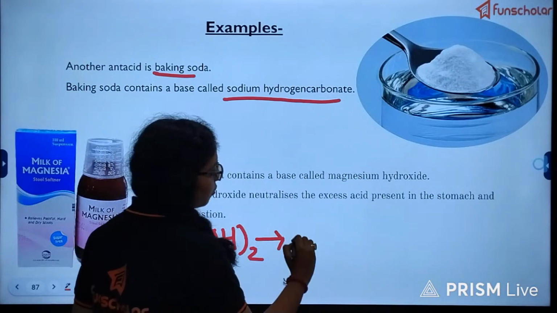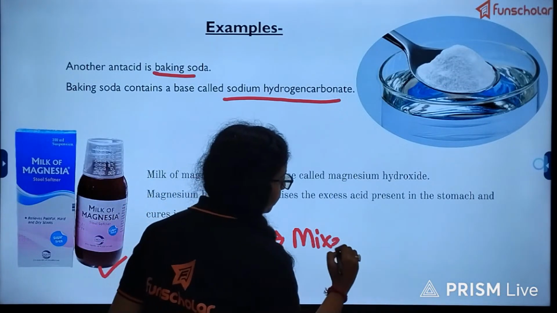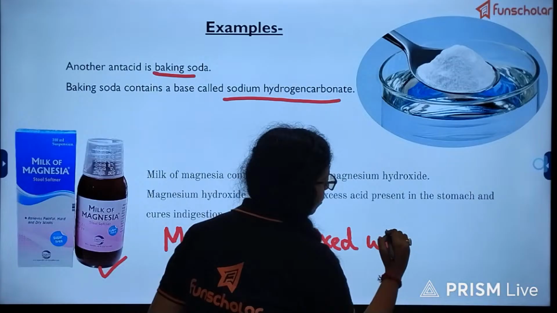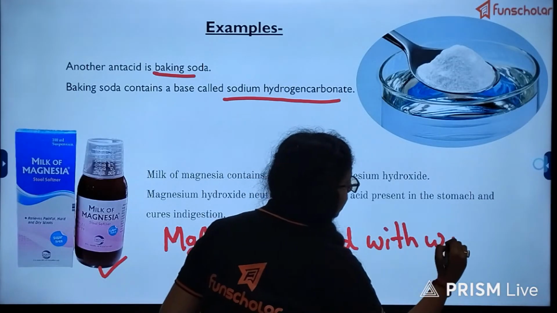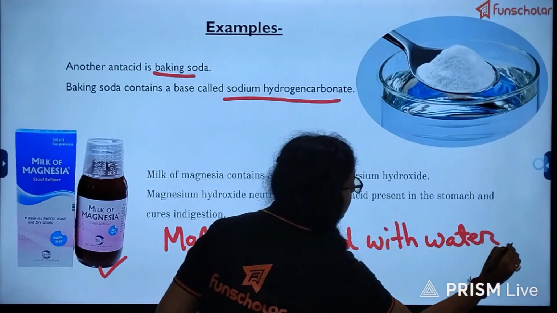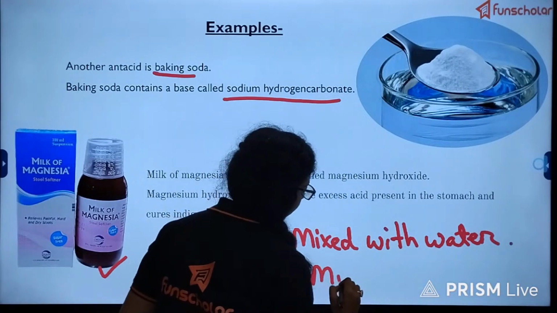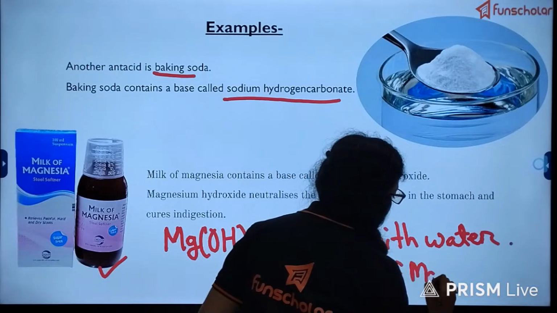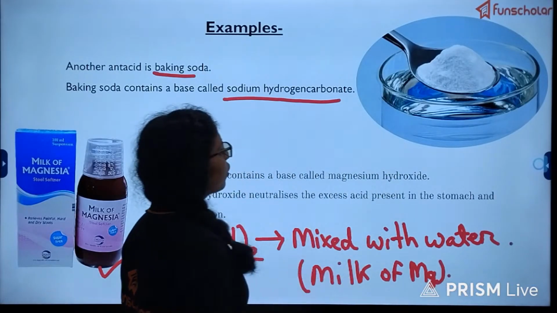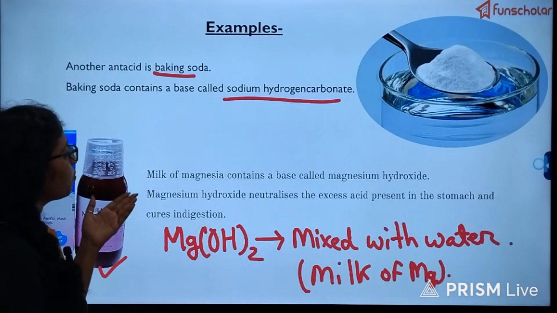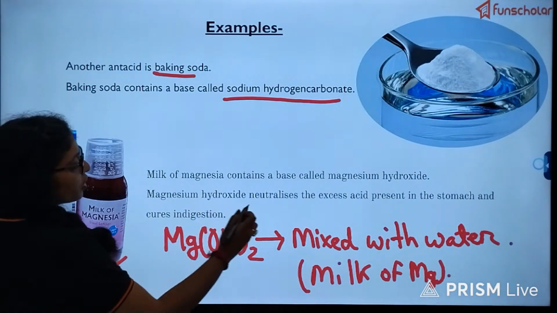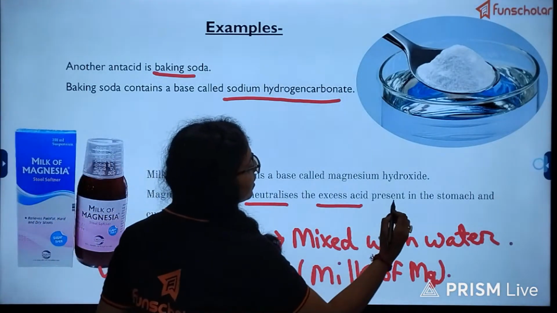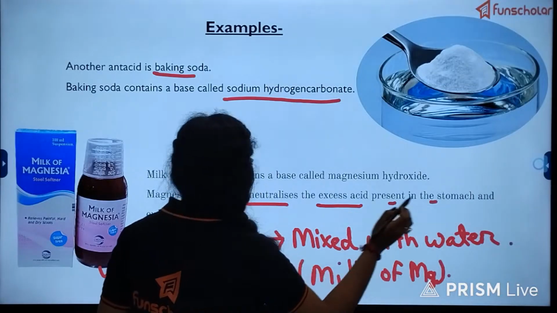When it is mixed with water, it produces milk of magnesia, right? So milk of magnesia, which is magnesium hydroxide, neutralizes the excess acids present in the stomach and